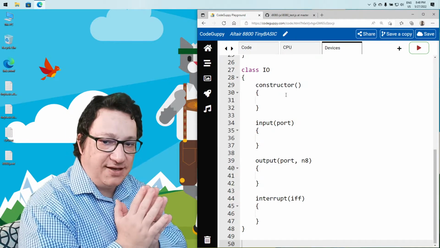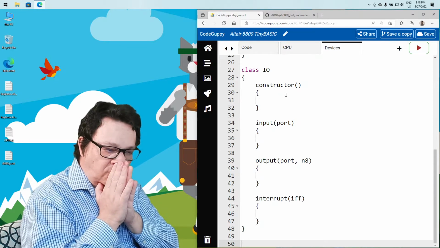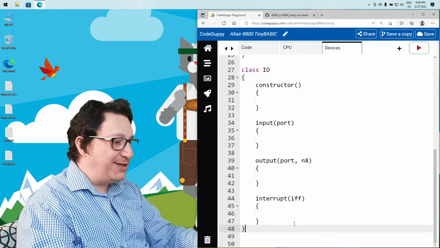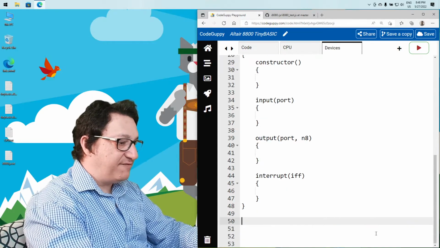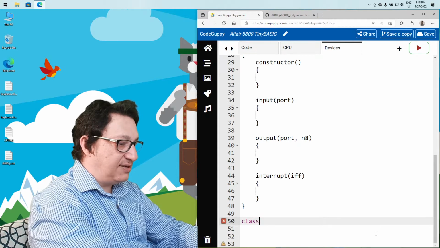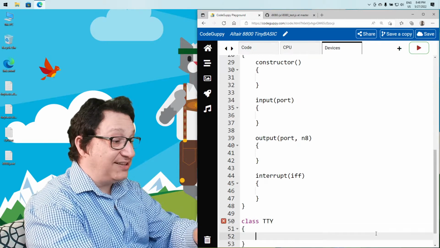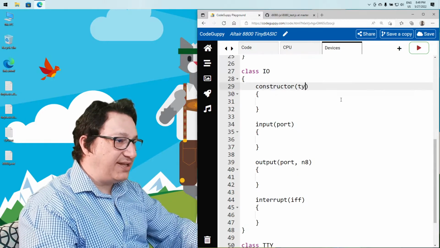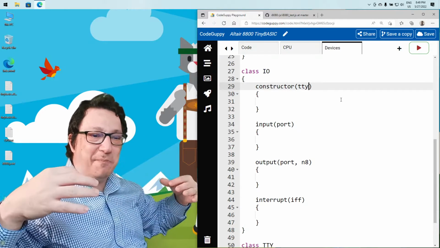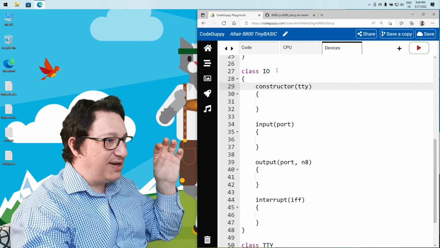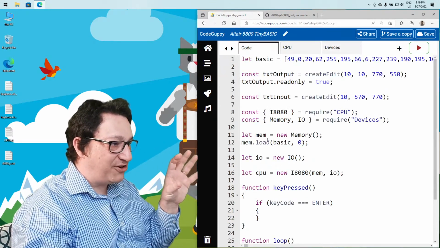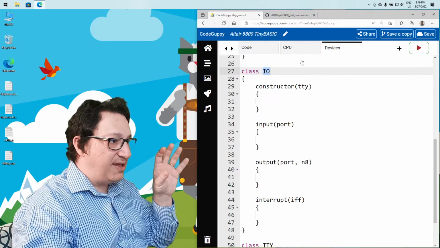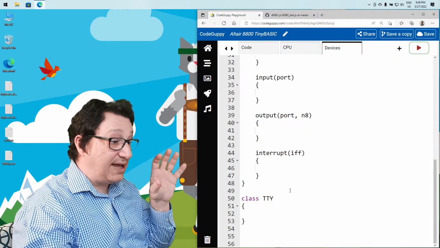So I'm thinking here to do something else. The input output is connected. Let's have another device here, class TTI, which is the Teletype machine, right? And then we'll make the input output take a parameter just to link them more nicely. So the CPU is connected to the input output initially, and the input output will connect it to a Teletype machine,